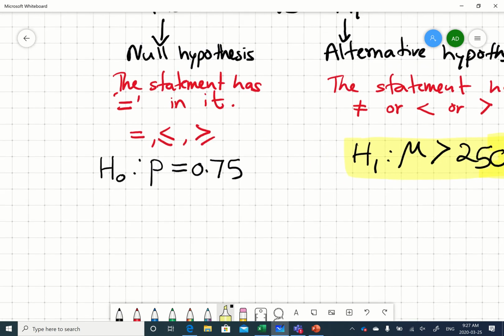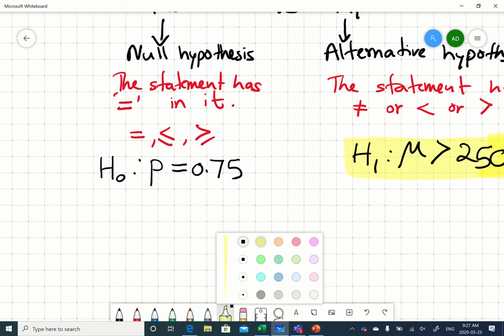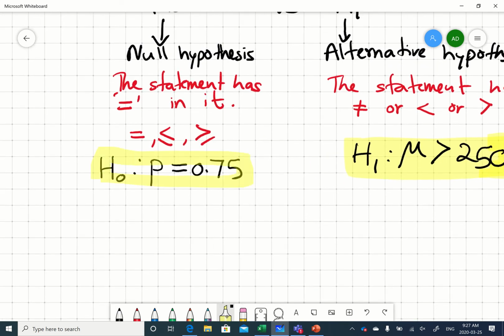And for this example, proportion is 75%. This is what the question gives us, right? The question gives us the null hypothesis, so it's your job to build the corresponding alternative. If it's equal sign, the complete opposite is not equal to 0.75. So this is step one for